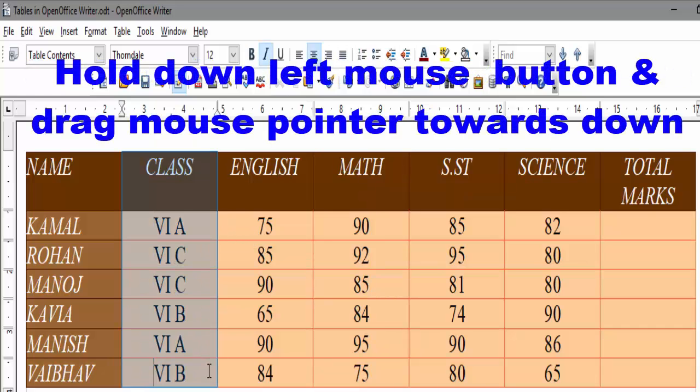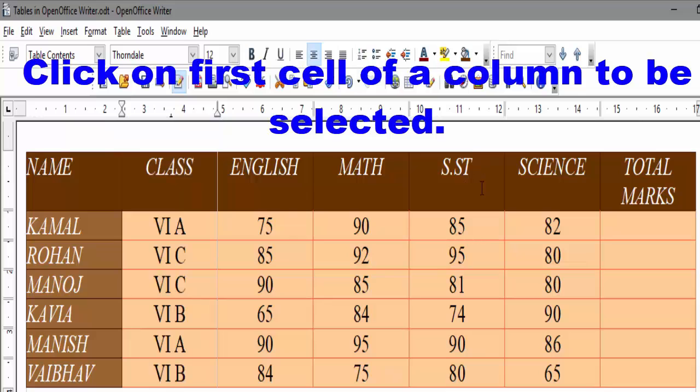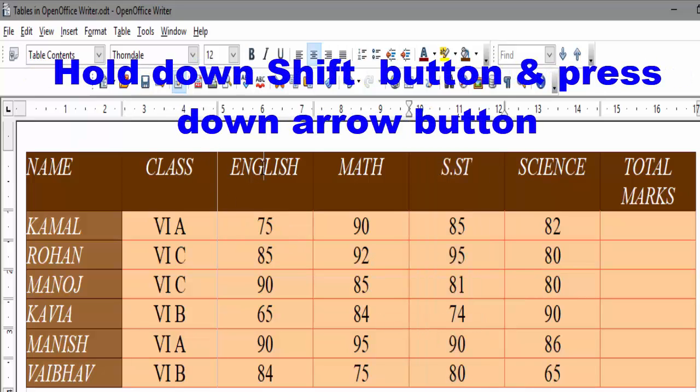In this way all cells of that column will be selected. Or you can click on the first cell of the column, hold down the Shift key of your keyboard and use the down arrow key to select the other cells of the same column. In this way the whole column will be selected.